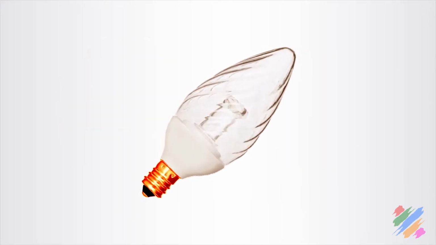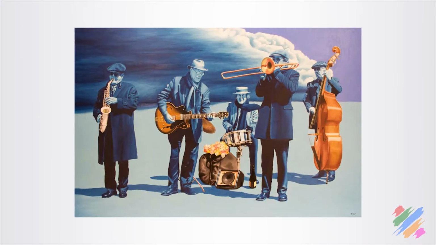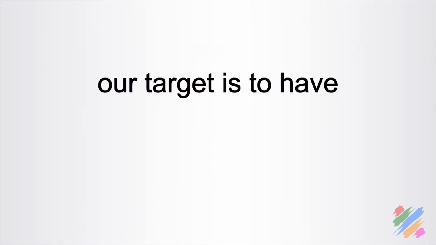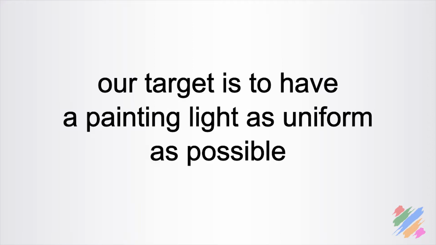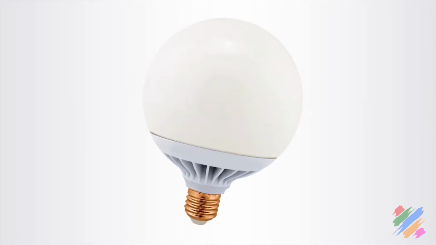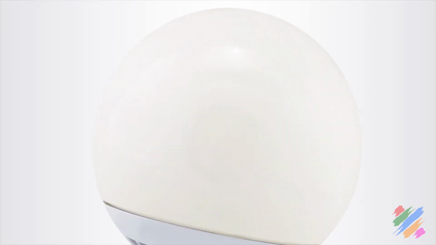We want to avoid this type because although they probably look good on a chandelier, they're going to cast caustics on our support, and we definitely want to avoid this. Our target is to have a painting light as uniform as possible. I find this type of bulb very good for our application. They have a wide spherical and satin diffuser,